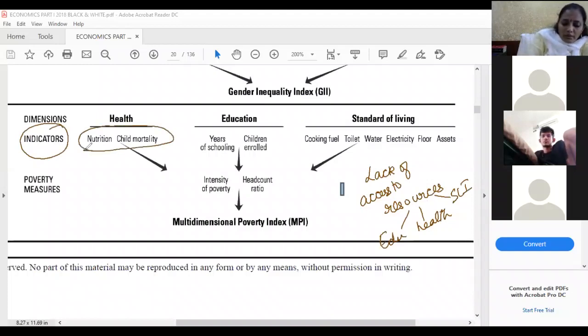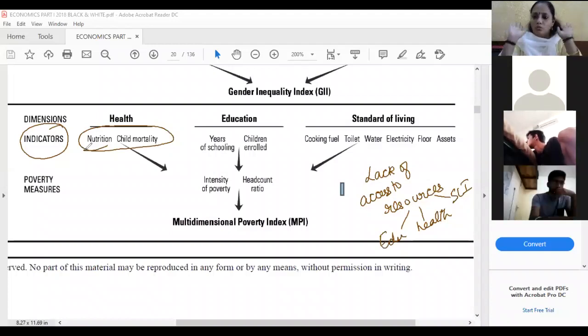What you can look at is nutrition and child mortality. Right now, I'm going to tell you a simpler way of understanding this. Assume that you are having a questionnaire in your hand. You are entering into a household. You're going to ask them a certain set of questions. If they say that yes, I have access to these resources, you're going to say they are non-poor. If they say that I don't have nutrition, I don't have education, I don't have health access, when they answer for these questions in these particular indicators,